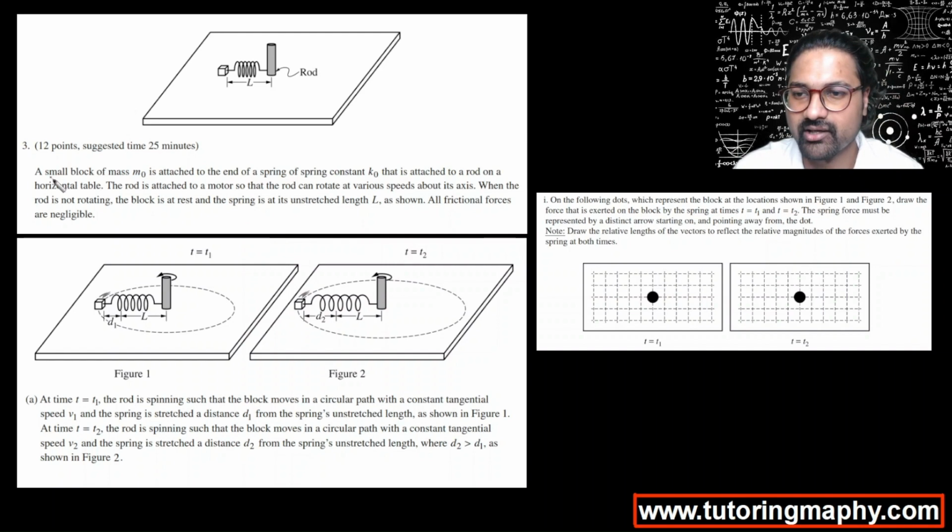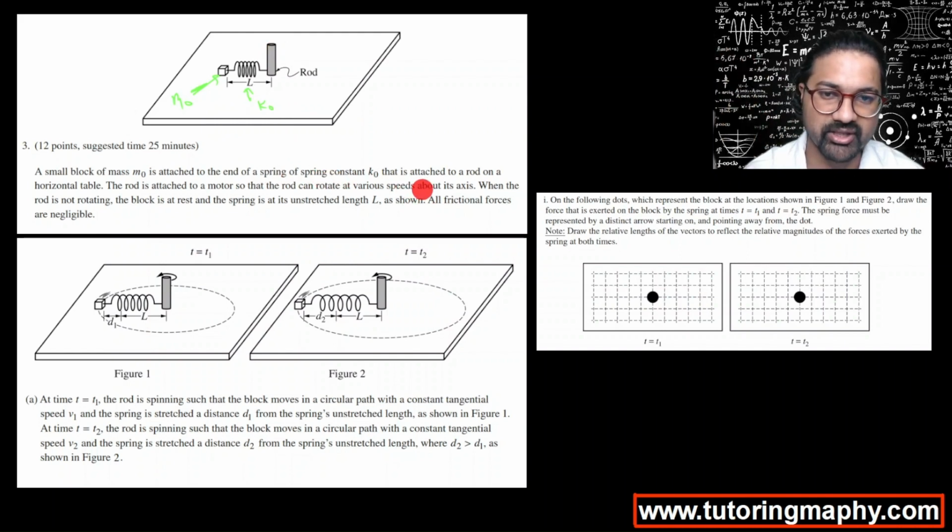Let's read this out. A small block of mass m0 is attached to the end of a spring of spring constant k0. So we have the spring constant k0. This is where we have a small block of mass m0. So this guy is m0. This is k0, and this is on a horizontal table, and a rod is attached to a motor that can